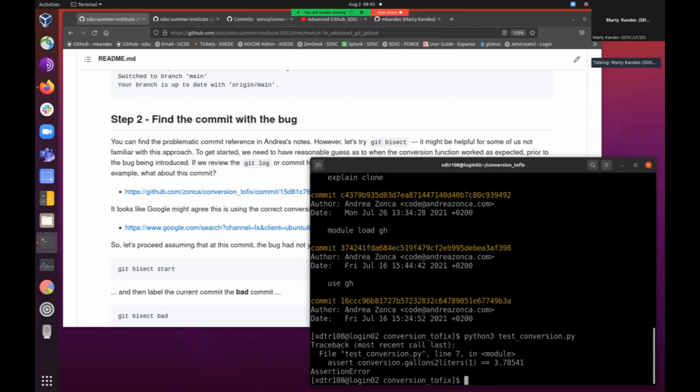Because I honestly didn't know myself when I was walking through this where the bug might be. Of course, Andrea gives you a little hint in the video, and he actually just gives you what commit the bug is in, so you can skip these next steps. But we're going to walk through it, assuming we don't exactly know. So what I did is I looked through